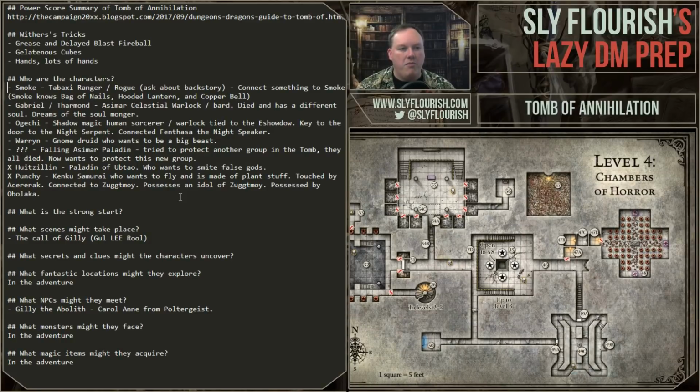So we have Smoke, the Tabaxi Ranger Rogue, who's a former companion of Bag of Nails, Hooded Lantern, and Copper Bell. I think, is he possessed? I don't remember. I think he might have one of the...